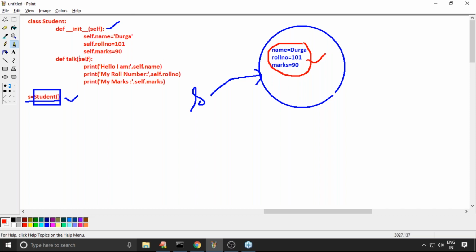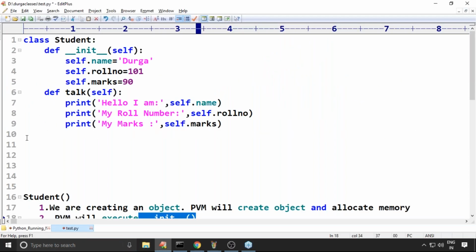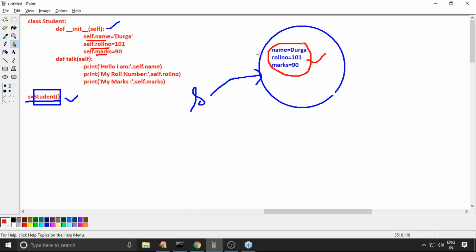Here, name is a variable for the object. Every student should have a name, a roll number, and marks. If I print here, that's all. So we created an object, three variables were allocated for that object, and values were also provided for those variables. Providing values for the variables is called initialization. It is a technical concept. Any doubt? But don't ask what self is; we will discuss it in detail later.